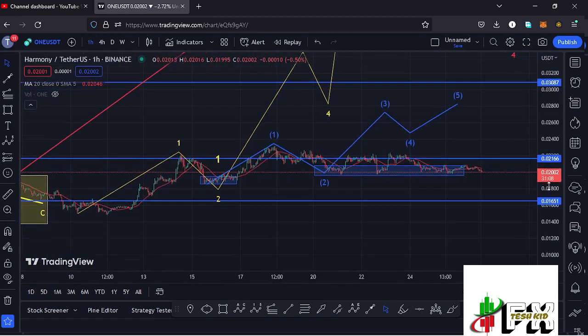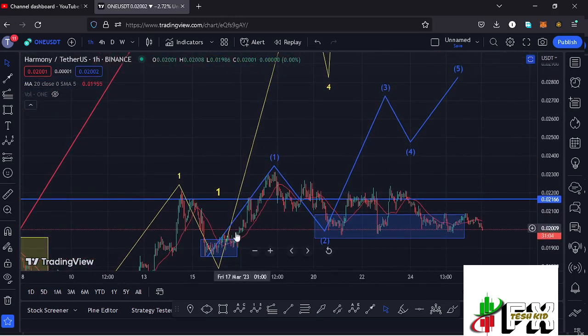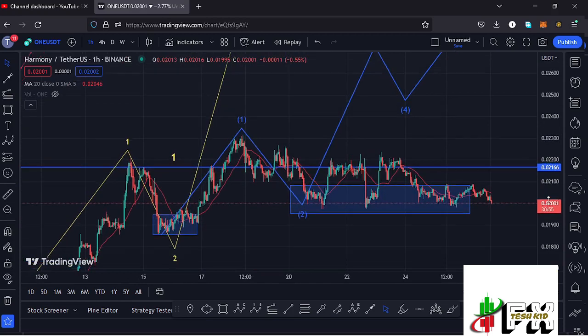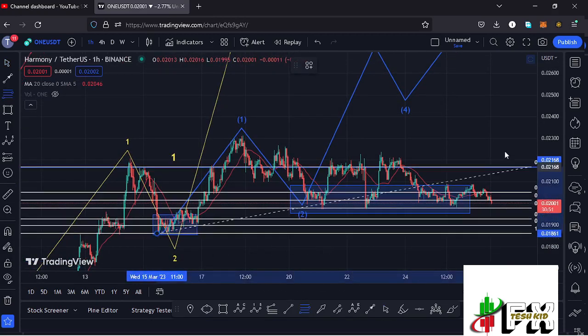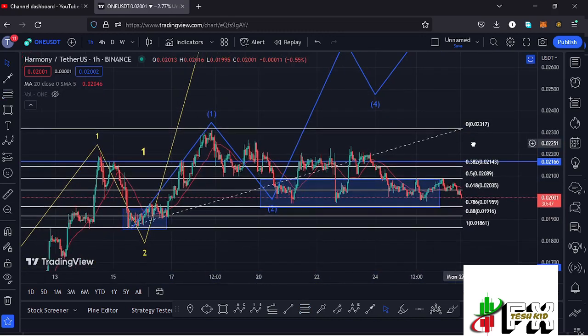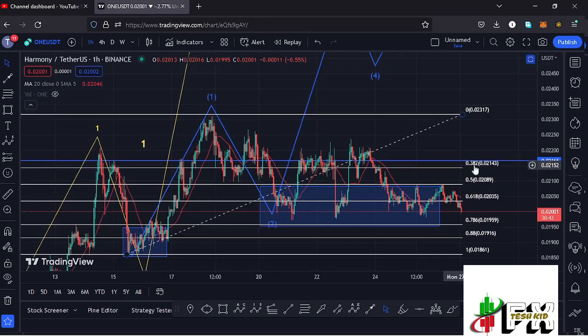And in the formation of this wave 3, which is also an impulsive wave, I'm also expecting to see a 5-wave structure in formation, where you can see I have this Elliot wave structure in blue, having that as the first wave, and whatever we are seeing at the moment is the corrective structure in the formation of this wave 2, and using the Fibonacci's, connecting them from the low of the first wave to the high of that wave 1, that now gave me a minimum target area to the lower side in the formation of that wave 2 between the Fib level 0.5 and the Fib level 0.78,